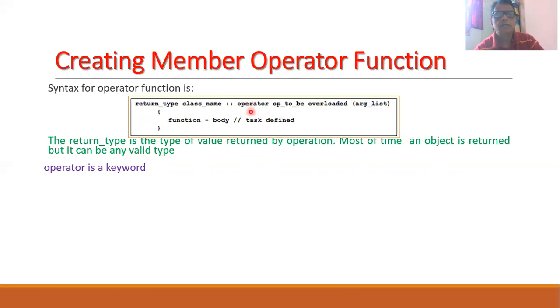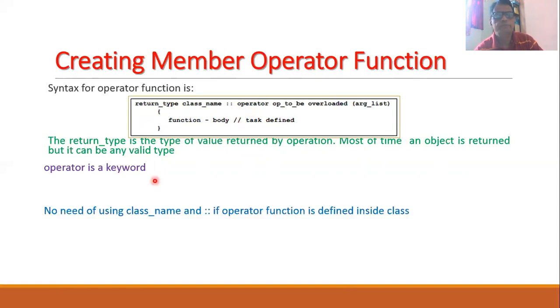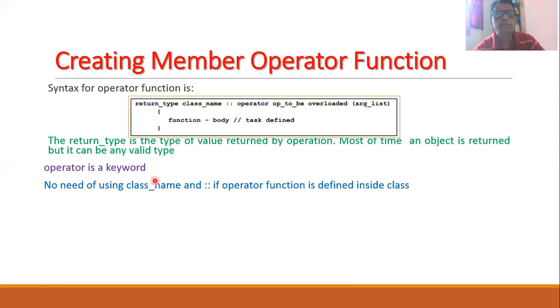In this syntax, you note that the word operator is a keyword. In this syntax, we will not use the class name and the scope resolution operator if the operator function is defined inside the class. It is possible to define this operator function either within the class or outside the class.